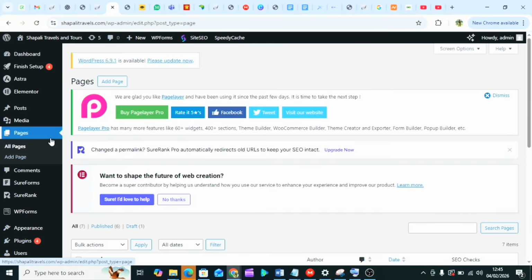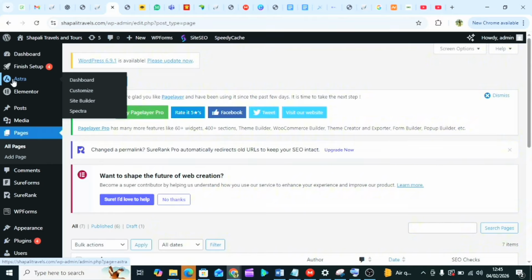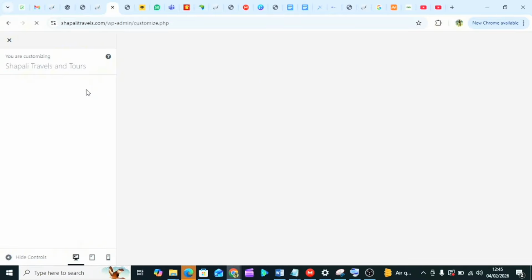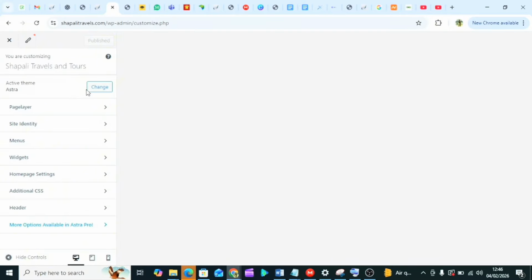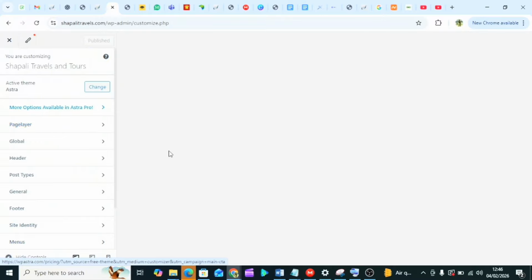That one would work, but it's still going to stress you, right? But the best thing to do is to come over to this place under Astra. You click on customize. And this is the best place to fix your footer and even your logo, because if you do the customary way, for web designers already using other themes, if you do the normal way, it's going to really stress you. You can try it while you are building with Astra. You see what I'm talking about. So just go through this Astra button I just showed you. Click on customize, then allow it to open. This is the fastest and the best place to get it done,